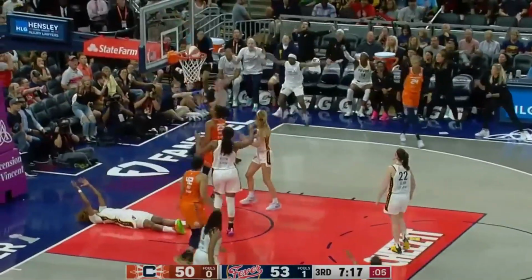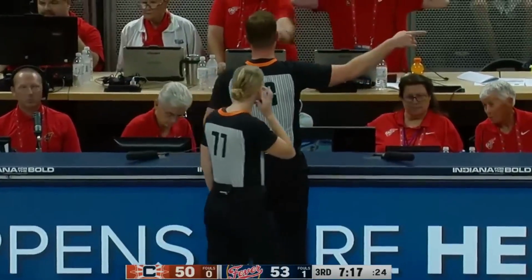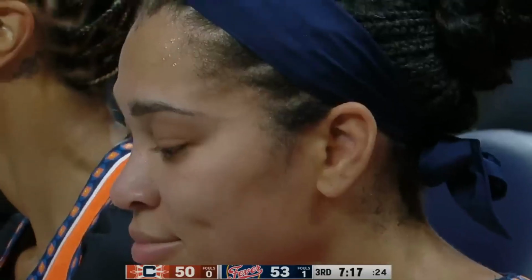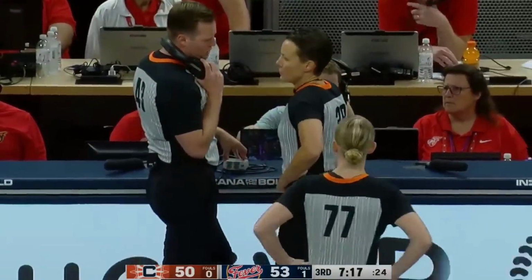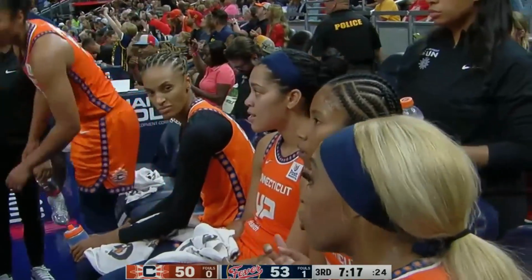And Thomas just pulls over Nalissa Smith. It's an offense foul where you have to be set. It looked like she put her shoulder down. And I think in real time it looked like she lowered her shoulder. Snap an 11-game losing streak here to Connecticut. The last time it felt like eons ago. Ever since, Carrington had the chance to put Connecticut in front, but missed the